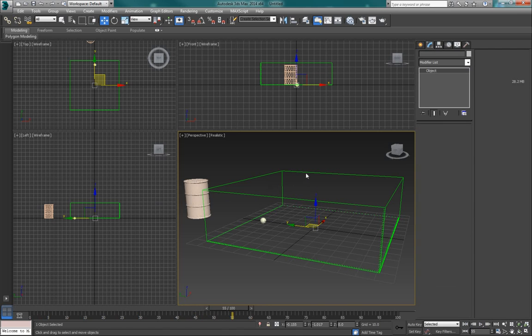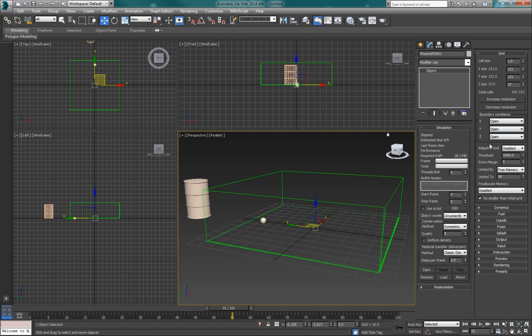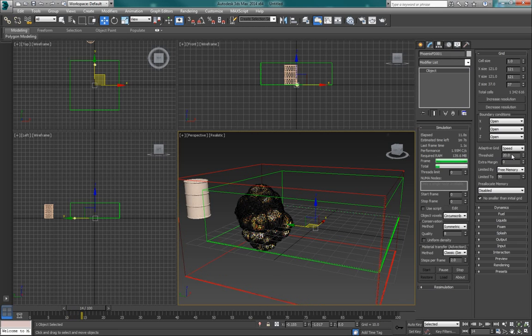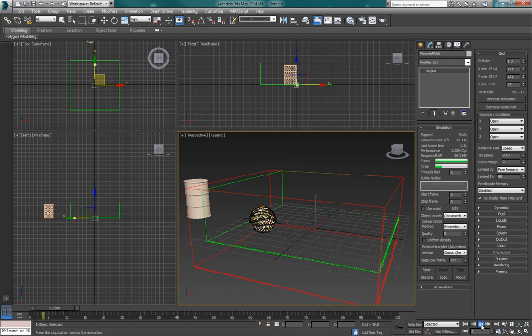But we will need to change the limits of our grid. We will choose right here from the adaptive grid option, we will set it to speed, and this means that if we run the simulation again, the grid will start expanding around cells where there is higher speed, and here is the threshold actually of the speed, of the velocity that Phoenix FD will look for. Okay, so we'll stop it right now because we've had